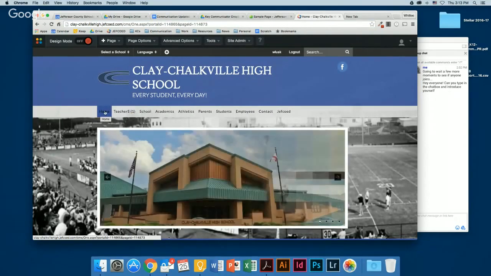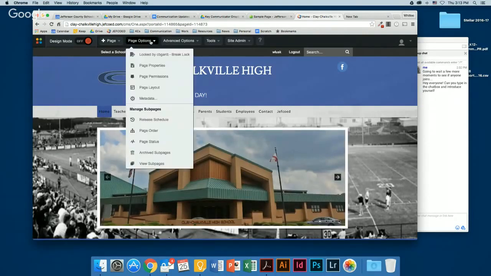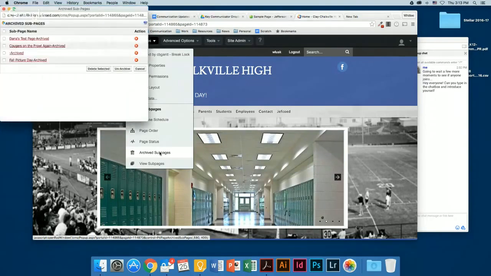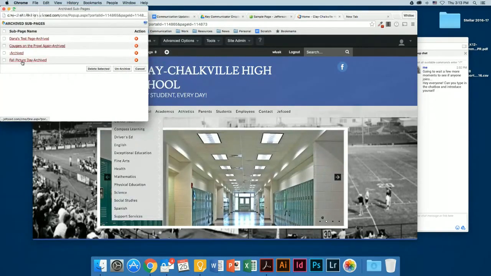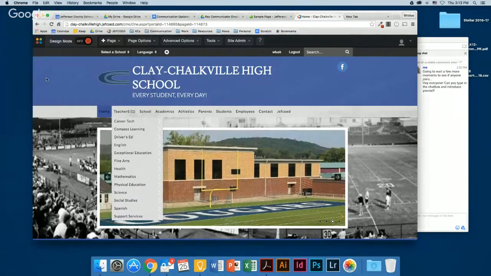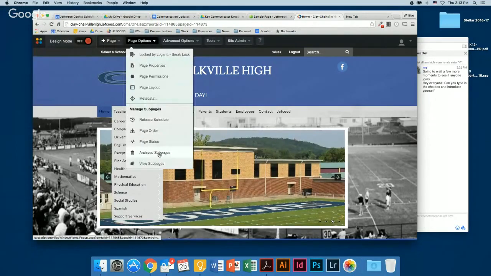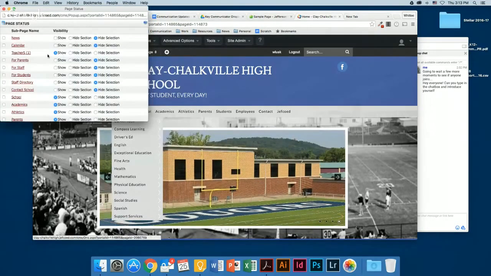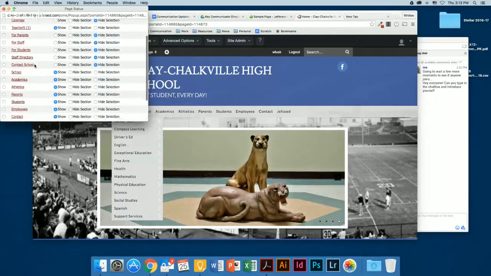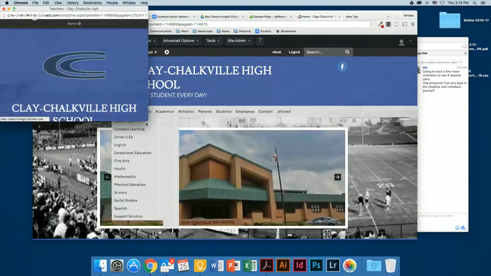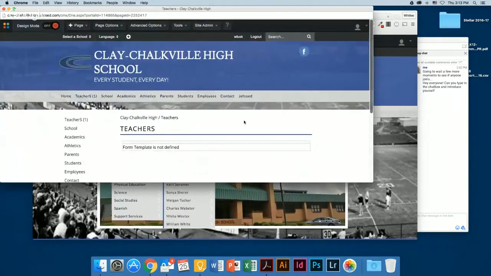So if you go look at your archive subpages under whatever section you're under, it should be either archive subpages or page status, because you may already have it. You do. Let's make sure there's nothing on that. Okay, great. So we're just going to delete this.